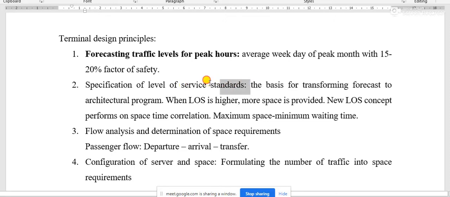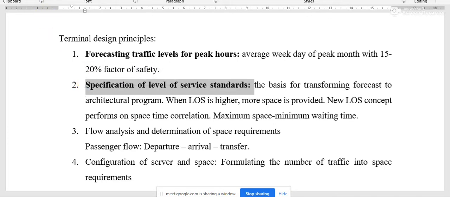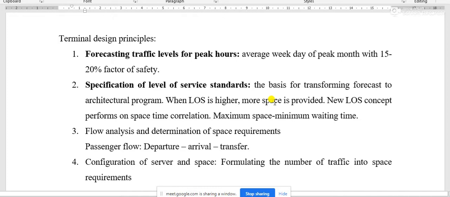Level of service must be standardized. This is the mandatory criterion for an airport or for a terminal building.